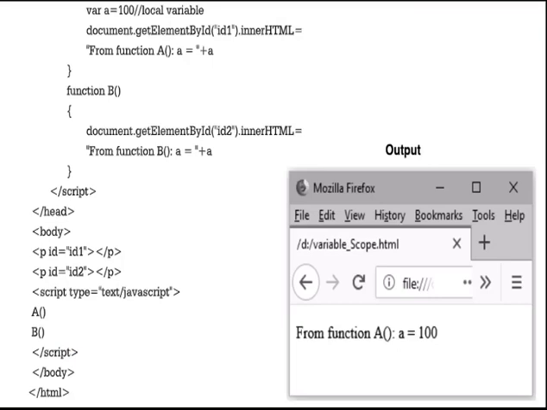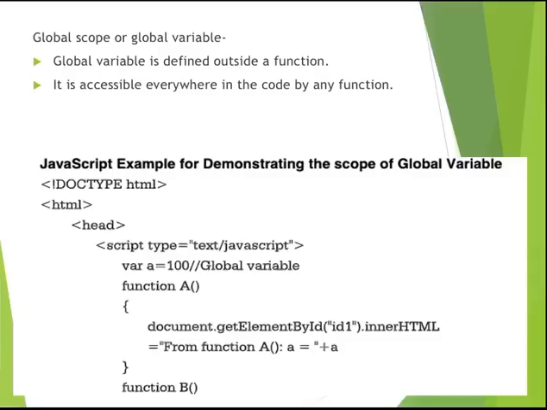Now we'll see what a global variable is, with an example. A global variable is always declared outside the function, so any function inside that code can use that global variable, because it is accessible everywhere inside your code.